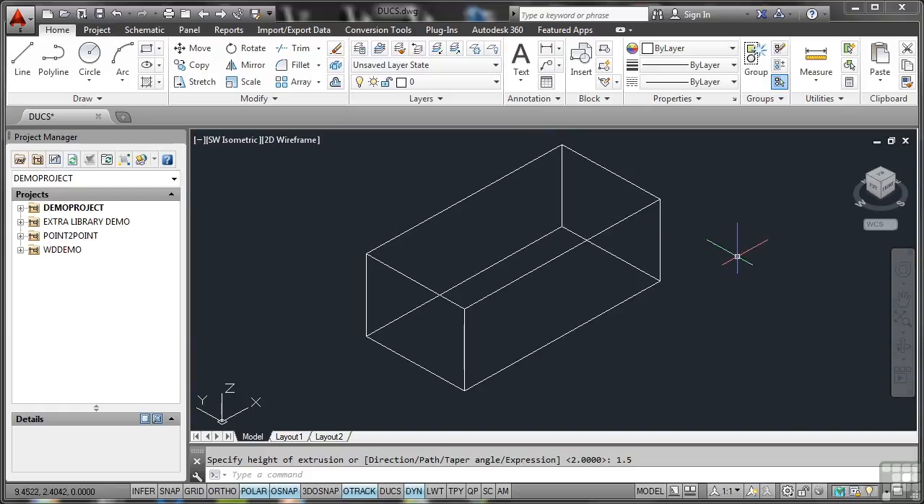Now, when I'm drawing in 3D, I might want to place something on a face of a 3D object, rather than on a corner or a midpoint or a vertex. So what I do is I switch DUCS, Dynamic UCS, on. Now, if I want to draw a circle, let's say, on the center of this face here on the end,